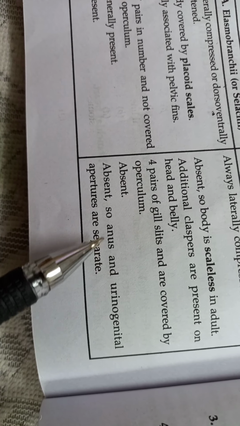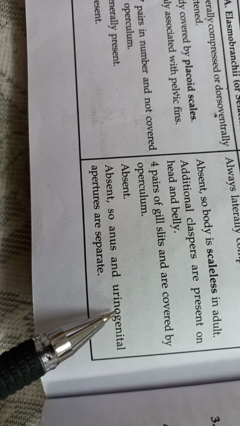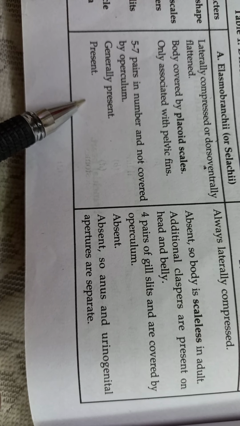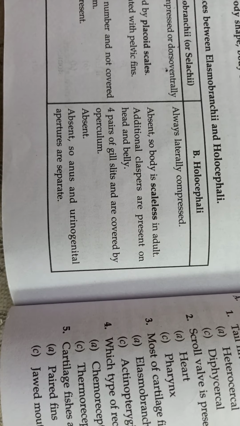Here it is present, here it is absent. If it is absent, it means the anus and the urinogenital apertures are separate, whereas wherever a cloaca is present, they are common. So this is regarding the first, I mean to say,